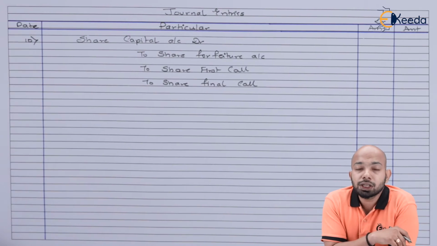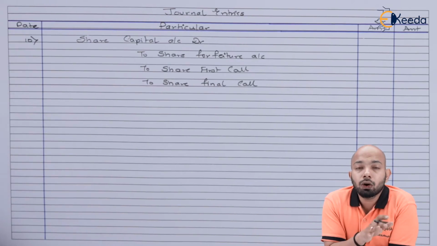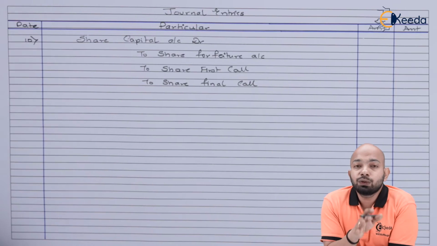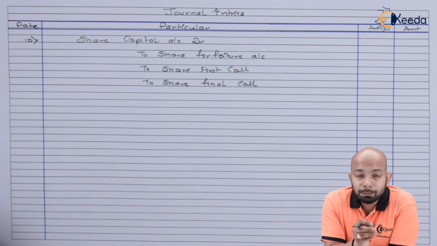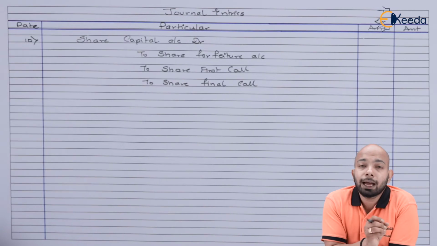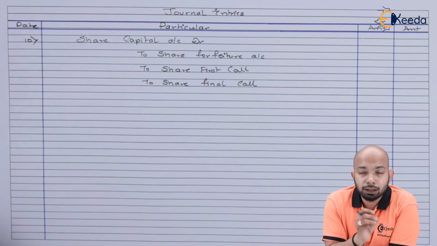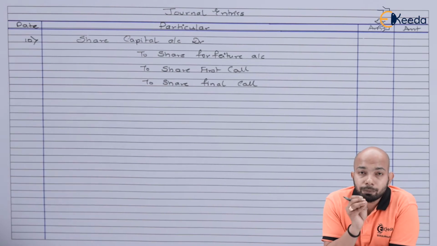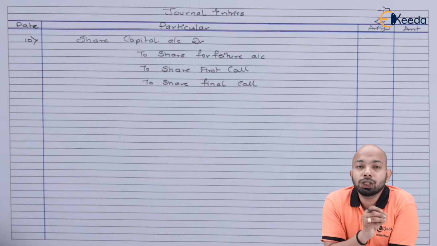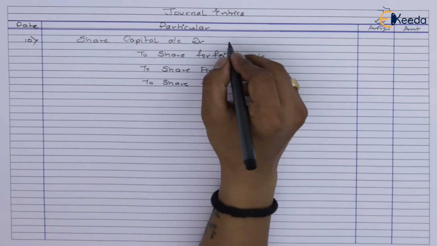Now, when it comes to share capital, we're supposed to take the called up amount. As the company has forfeited all the shares of Mr. Khan after the final call, that means we expect that the whole amount of capital was called up, that is rupees 100. So the 1,000 shares of Mr. Khan multiplied by 100 will give you the share capital amount.